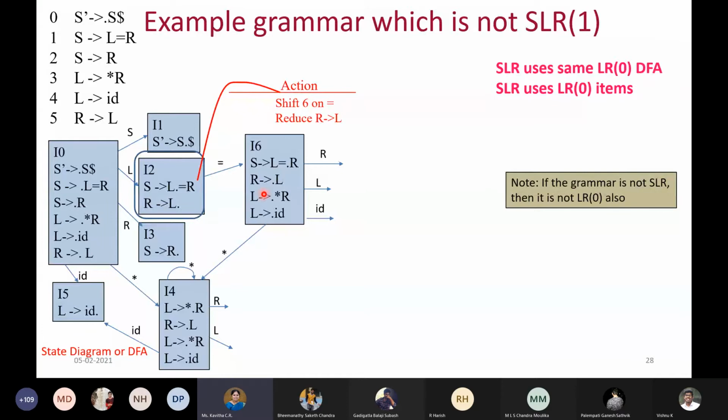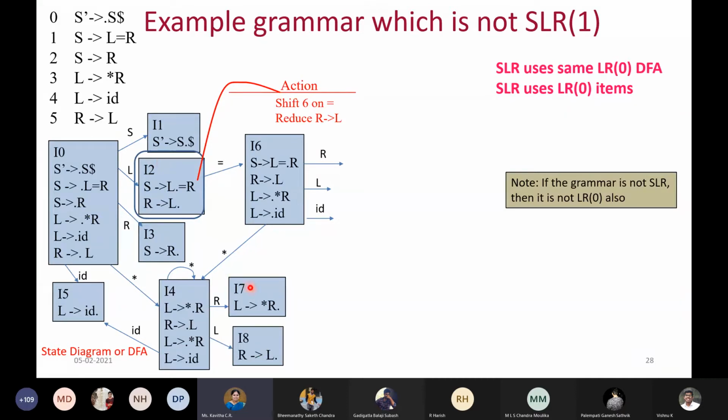And then coming to the next state, in this state we will proceed with reading the symbols. Anyway, in I3 we don't have anything to read. It is eligible for reduce action. We don't have any other options to read. So in I4 we have R to be read. When we read R, it is going to be a new state because I don't have anything like this before, among whatever I have constructed. So L gives star R dot, so that is complete there. And when I read L, also you're going to have a new state.